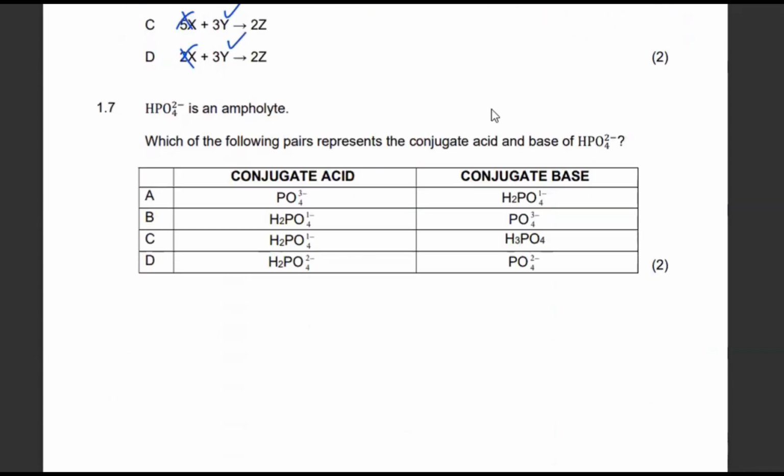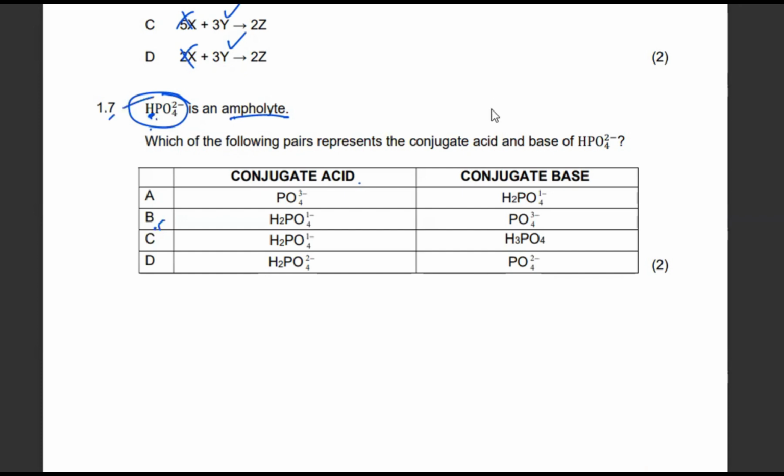They're saying that this radical, we call it an ampholyte. It is an ampholyte, which means that it can act as a base and an acid. So when you look at this, it comes to B. Where's B? B is regarded as a conjugate acid-base pair, so when it is an acid,